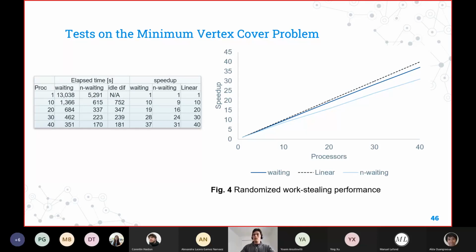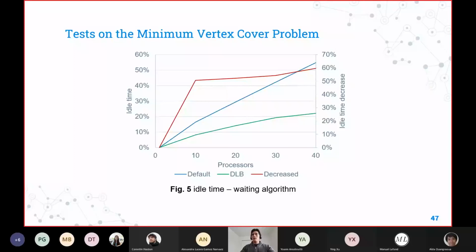And just showing the actual result for the novel dynamic load balancing strategy, after an analysis, for now this is for the waiting algorithm, those that actually need to return a value. We see, of course, the more processors you use, the more idle time for each one of them, as they are just sitting on the bench, and we have to sum up this idle time for each one. That also means it is quite linear, but it increases the more processors we use. And this is a problem because we're not actually using 100% of the power of the machine.